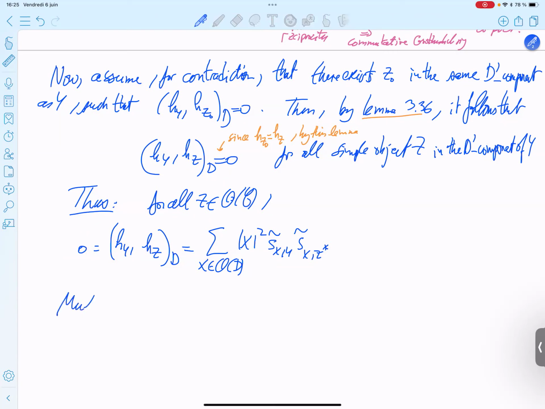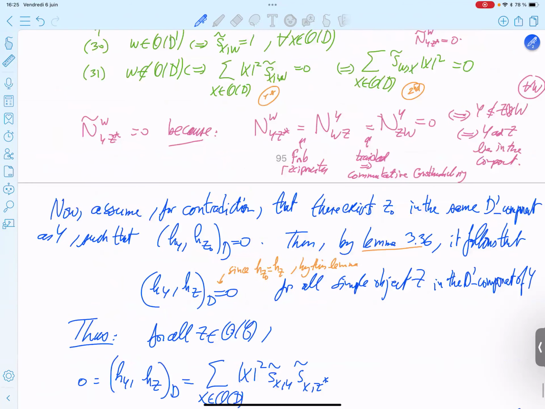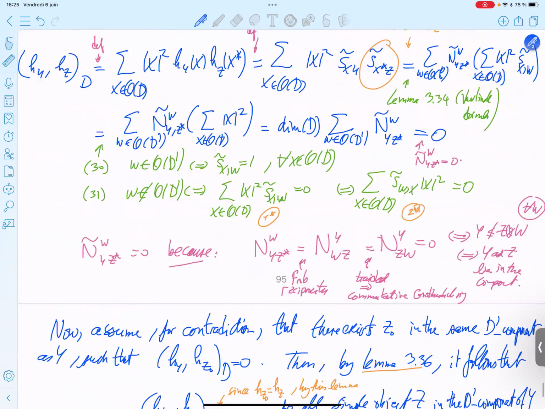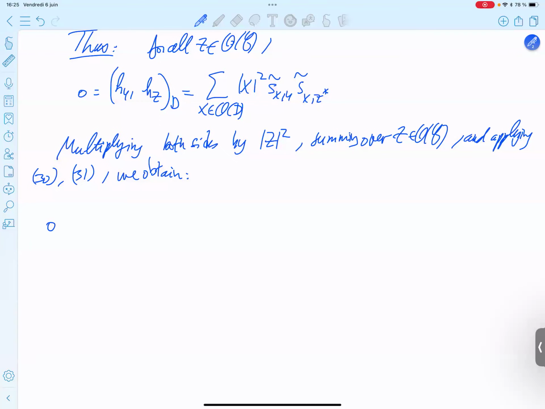So, multiplying both sides by the square norm of z, summing over all the simple objects, and applying equation 30 and 31, but for the 31, we will use the second version here, we obtain 0 equals...